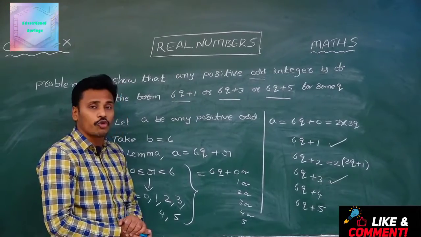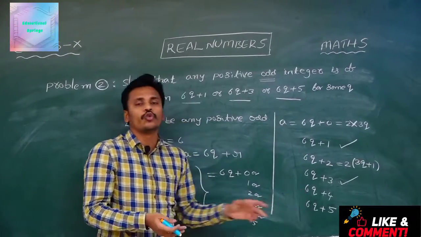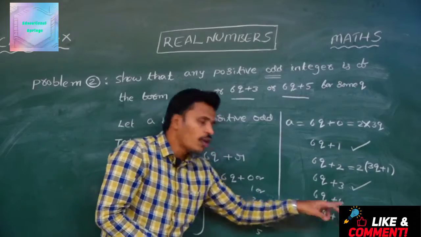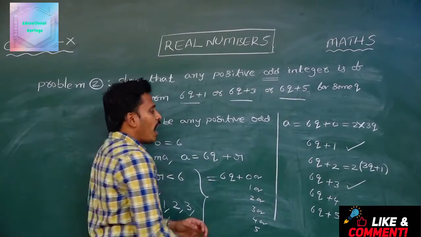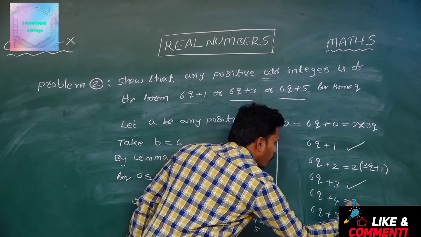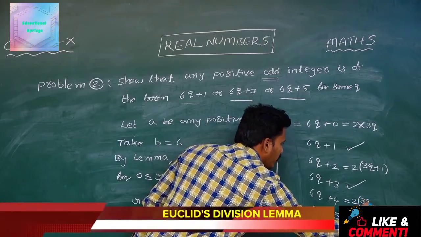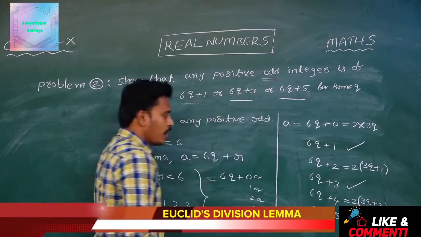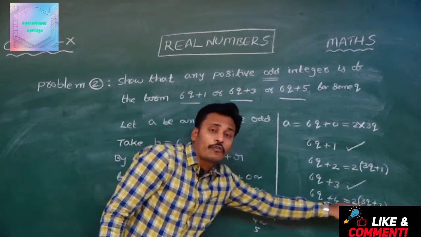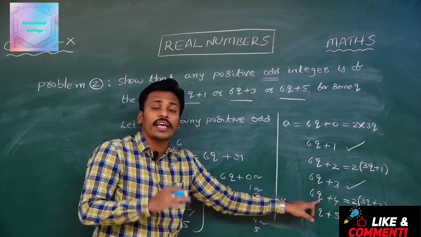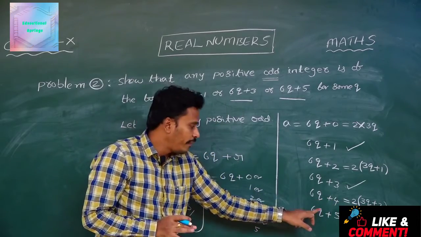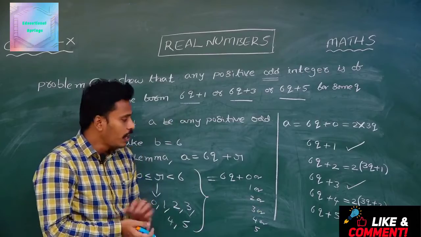Then coming to 6q plus 4. 6 is 2 into 3, we know that, and 4 is 2 into 2. From 6q plus 4, if you take out 2, this is 2 times (3q plus 2). So this is a multiple of 2. That means 6q plus 4 is again an even number. And then coming to the last representation, and it is